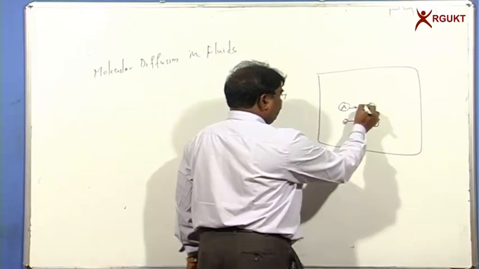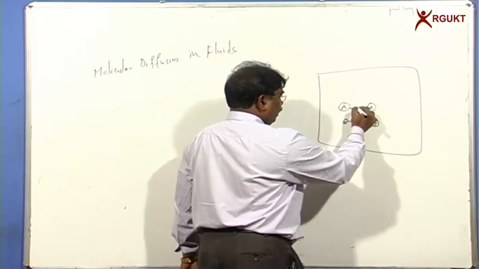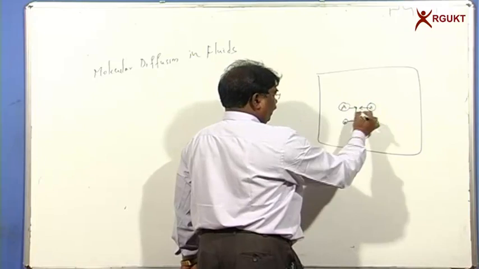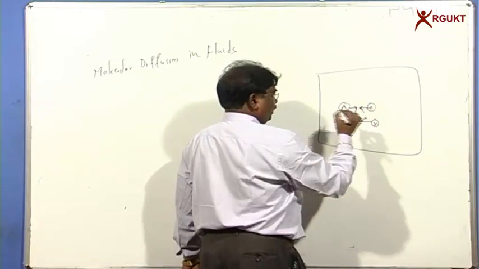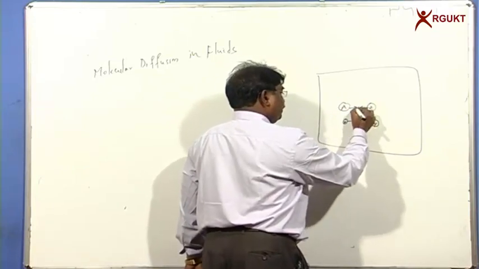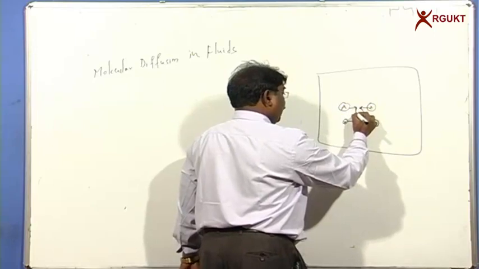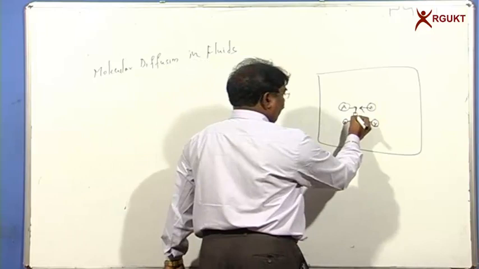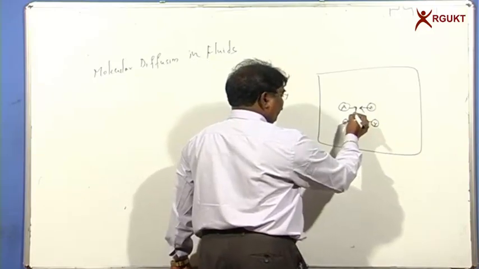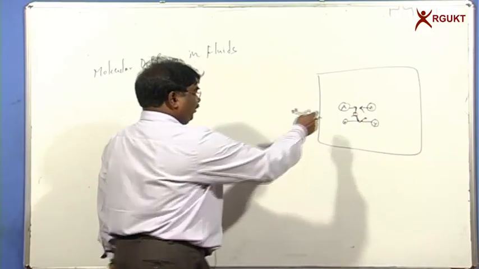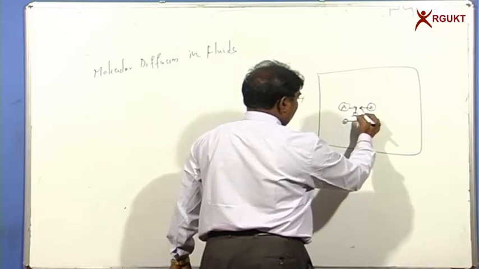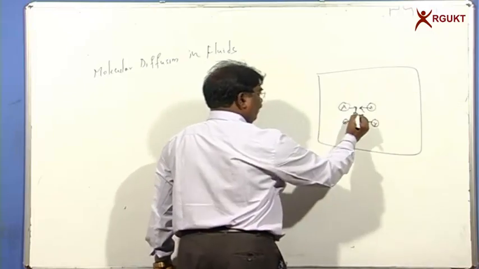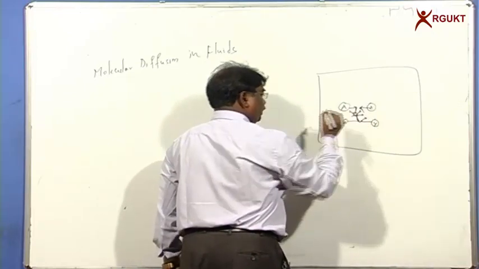There may be a collision between the molecules here, and the A molecule may change direction, and the Z molecule may change direction. So now this X molecule is coming like this, your A molecule is coming like this, again there is a collision between the molecules. And because of these collisions, the X molecule may come back to the original position, or may go in the forward direction, may go in this direction, may go in this direction, any direction